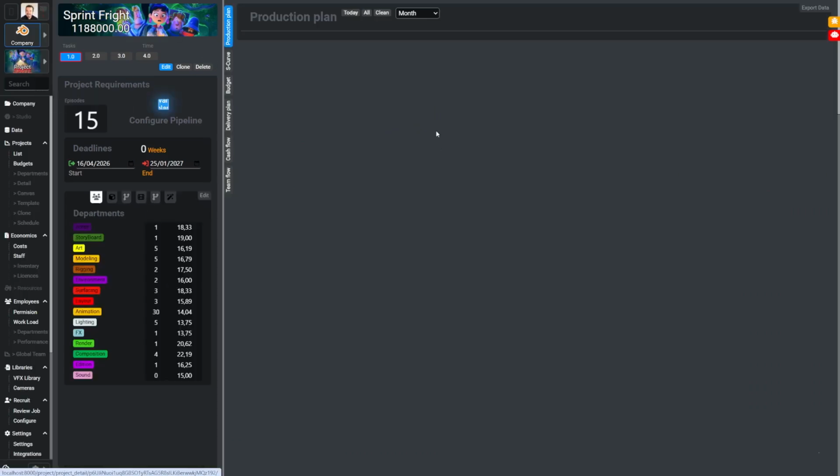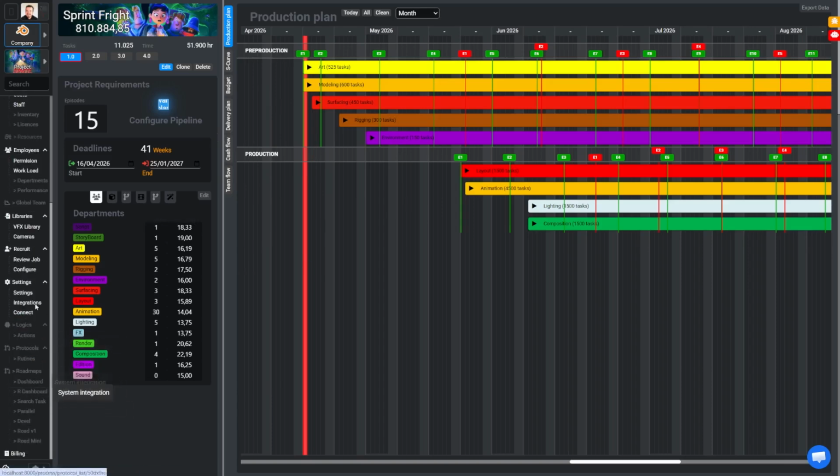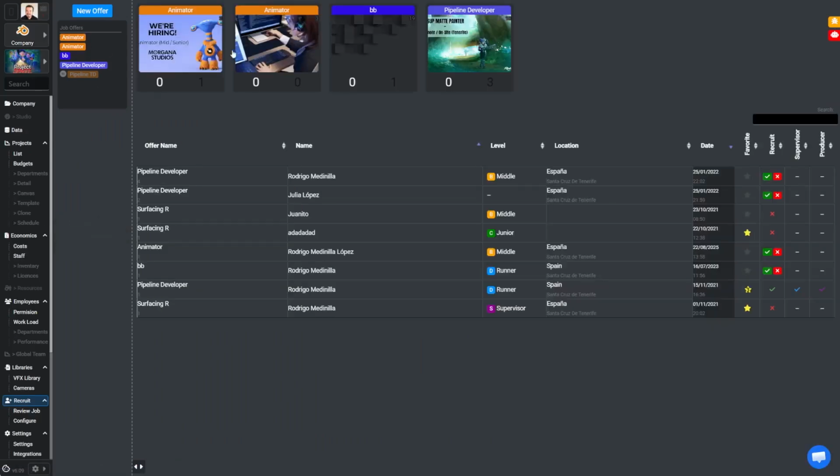In this way, within the governance and project budgeting system, they can perform a detailed analysis of execution times and other factors, meaning that the project lifecycle effectively begins from the moment the project starts being discussed, many months before the project actually starts. Once the project begins to move forward, the system provides tools for recruiting staff for the production company. Through tools such as the recruitment section, job postings can be published so that candidates can apply for positions already aligned with the project's needs.